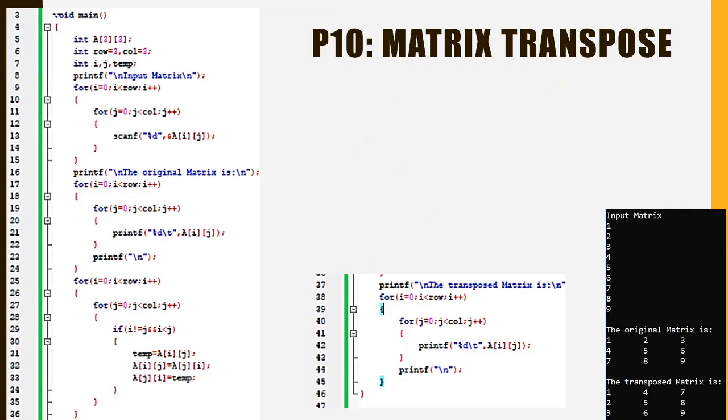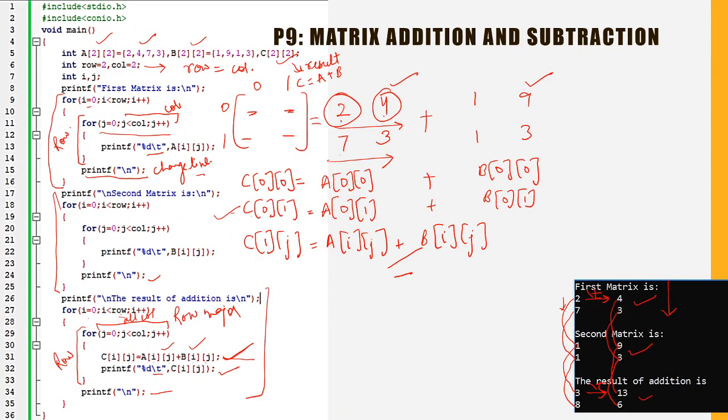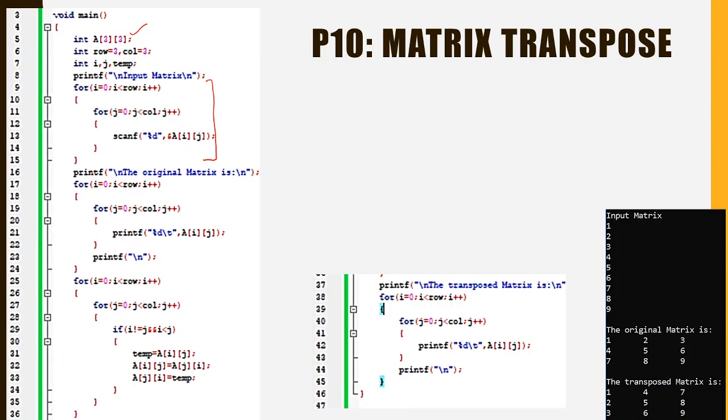Now let us do the transpose of a matrix. Here we will also take the matrix as input, because this is what we require. Okay, so this is the loop. Here we have only declared the matrix. We have not initialized it like we did here. This was the initialization of the matrix that we performed. But here we have only declared a matrix of 3 cross 3, that is, there are 9 integers, and row and column are equal to each other.